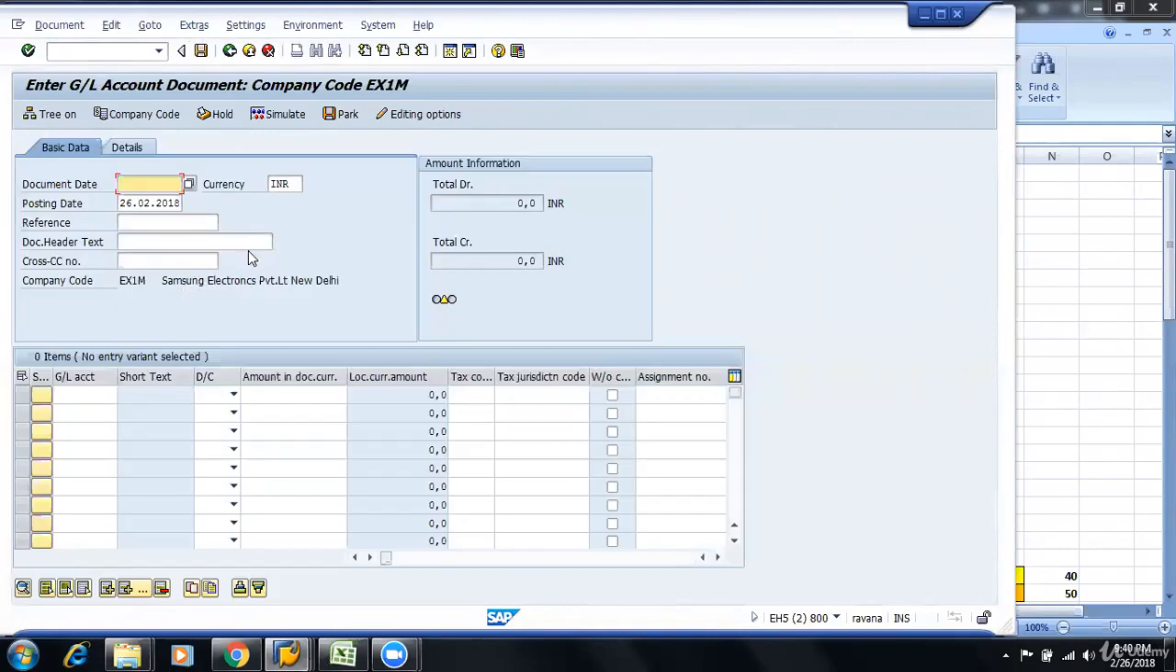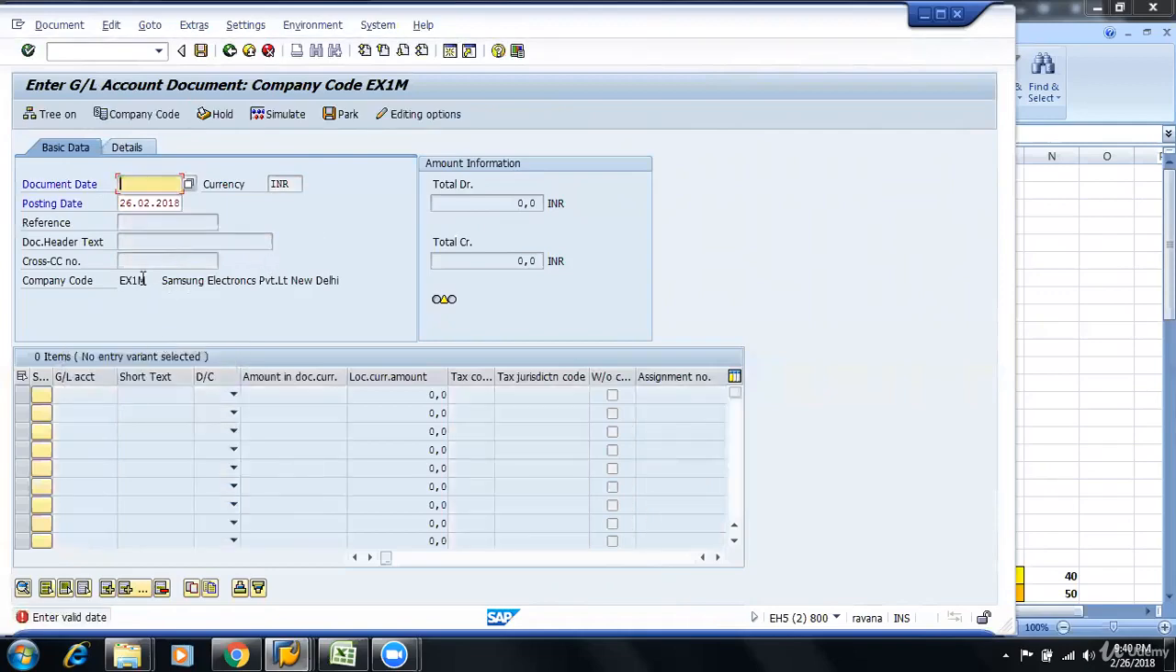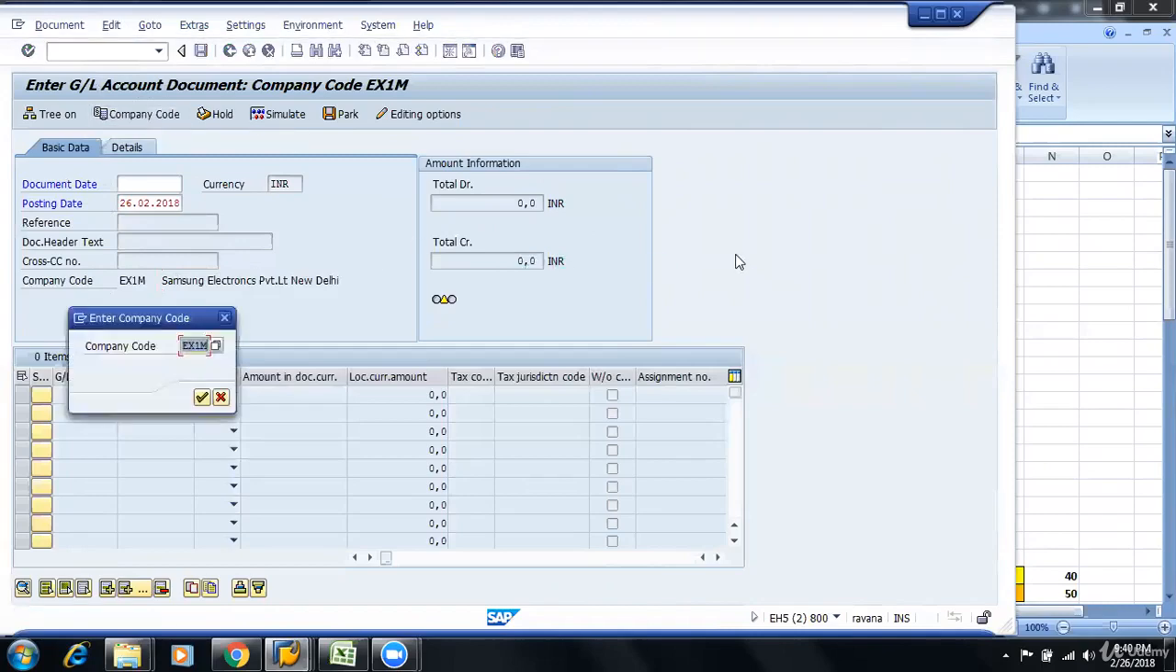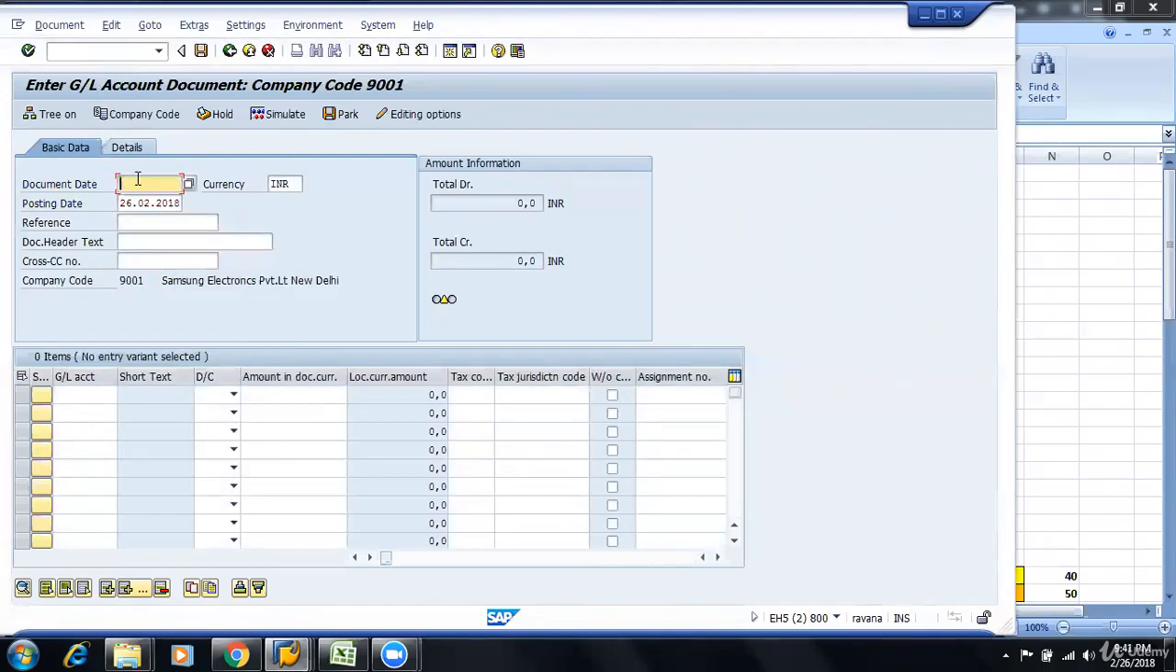This is the basic GL entry screen where you post the transactions. Now, here I see that there is a company code named EX1M by default. Someone must have used it. So let me change it to our company code 9001. Switch company code is an option where you can change the company code on the screen. There you go. Now, let's post a transaction, for example,